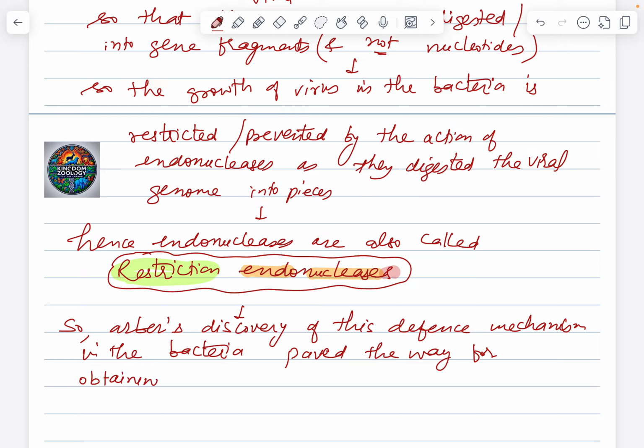Obtaining such enzymes from the bacteria,